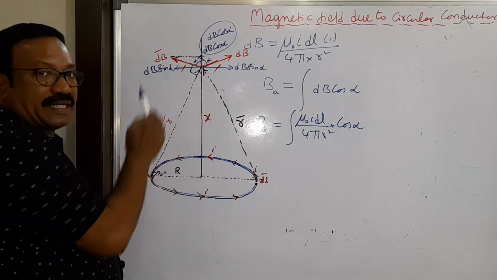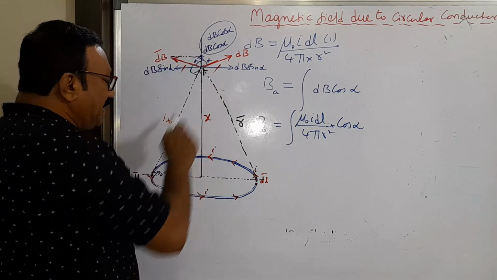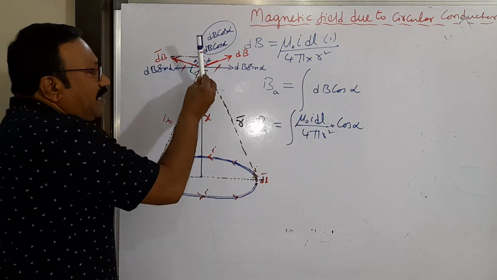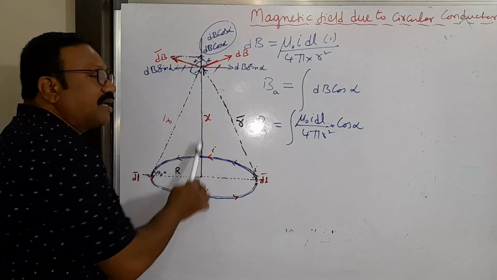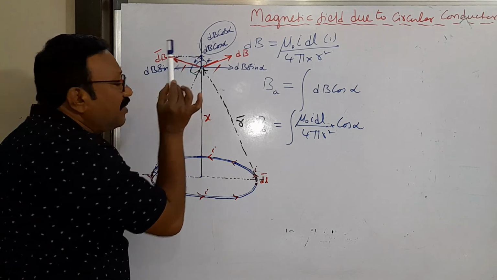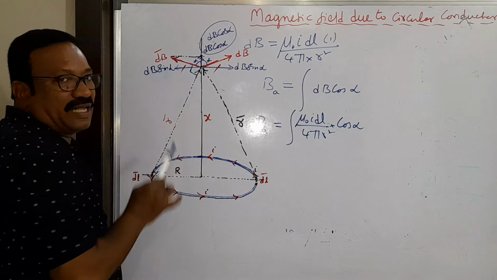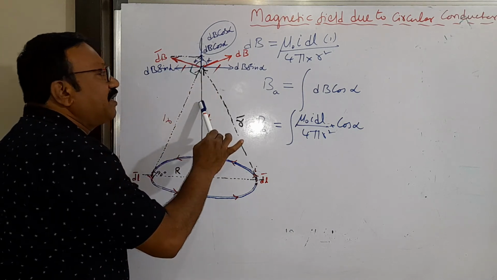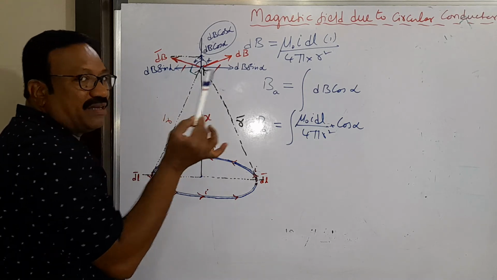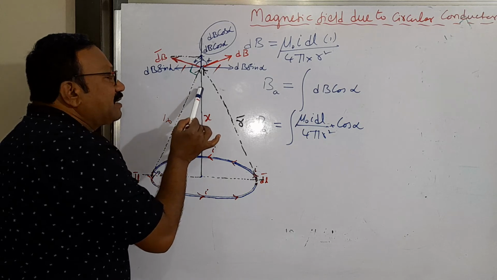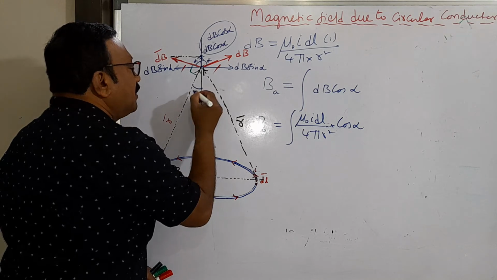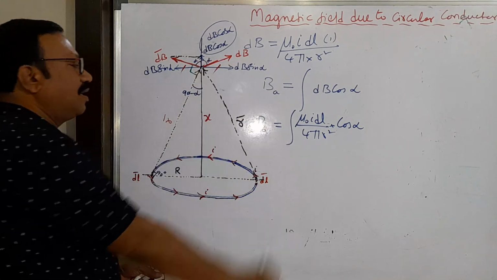Observe here one time, all of you. I want to use this right angle triangle in order to find cos alpha. So the angle in a straight line is 180 degrees. This angle is already 90 degrees. This I have taken as alpha. How much is this other angle? If the total angle is 180, already this is 90, so 90 plus alpha plus some angle alpha dash, total will be 180. So this angle is 90 minus alpha.